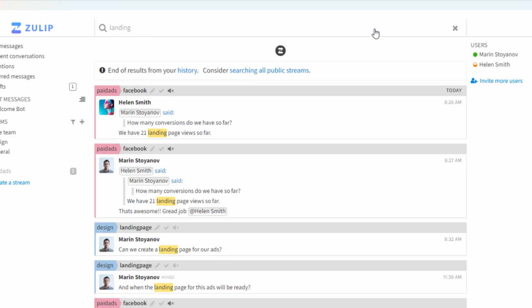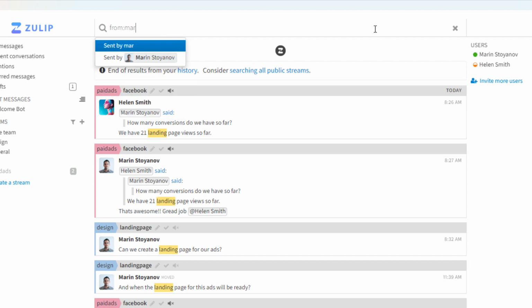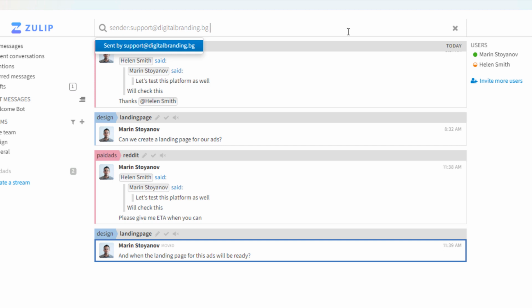To use Zulip's full text search, simply click on the search bar at the top of the page and start typing in your query. Zulip will automatically start displaying results based on your search terms, including messages, topics, and files that match your search criteria. To further refine your search results, you can use advanced search operators such as from, to, stream, and topic. These operators allow you to search for messages from specific users, messages that were sent to specific users, messages that were posted in specific streams or topics, and more.